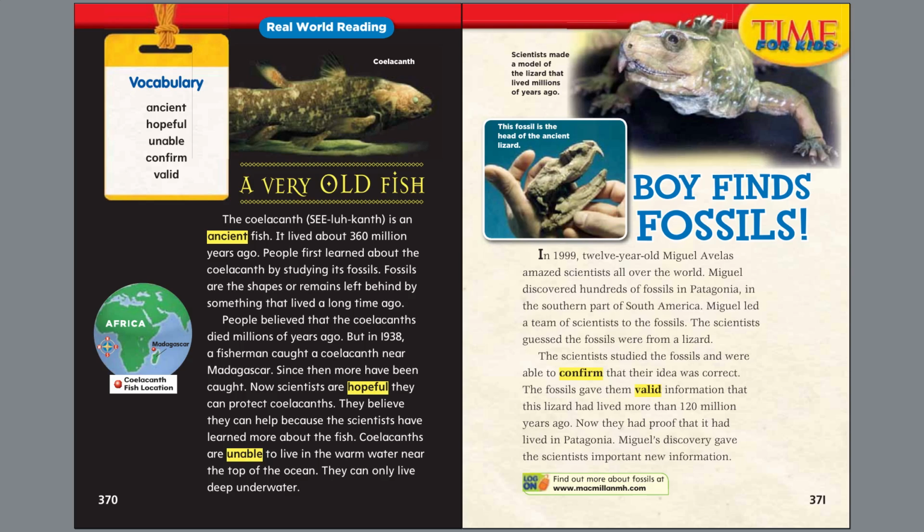The very old fish. Let's start. The coelacanth. Did I say it right? Coelacanth. You can see that in the parentheses after the word, it tells you how to read it. Coelacanth. The coelacanth is an ancient fish. It lived about